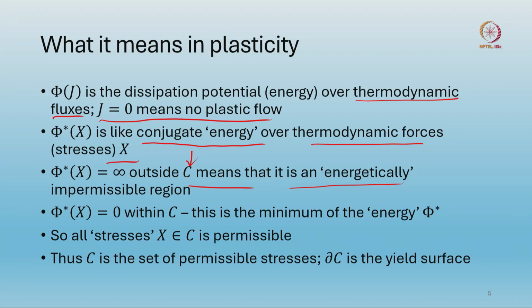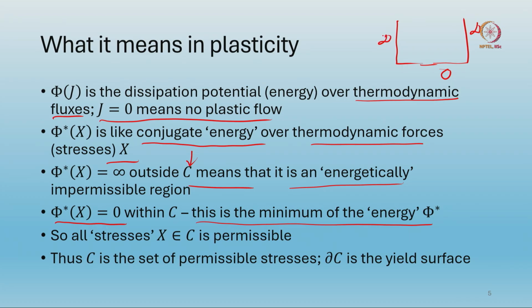They will never occur. On the other hand, for the stresses for which phi star x is equal to 0, when x is within C, this is the minimum of the conjugate energy phi star. So, all stresses x in C will be permissible, you see. So, we have something like this, a bowl-like thing. This is 0, phi star is 0 here,